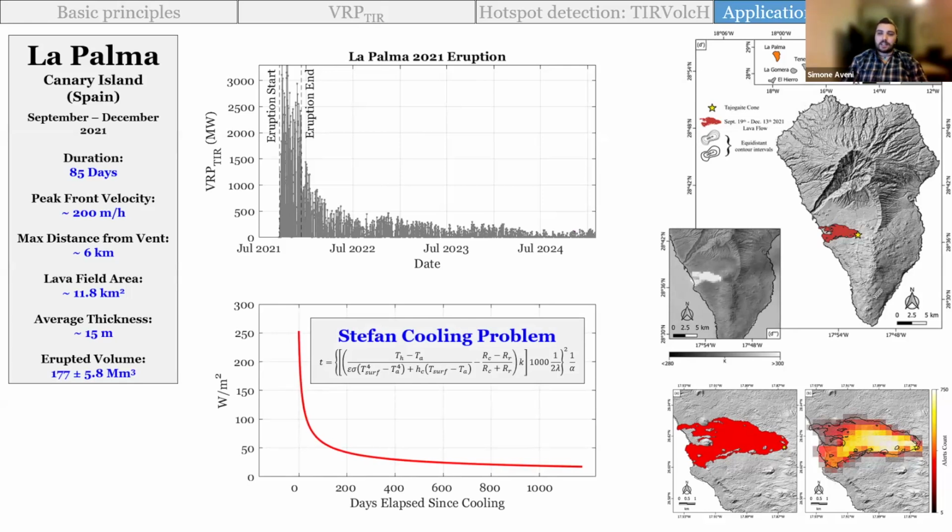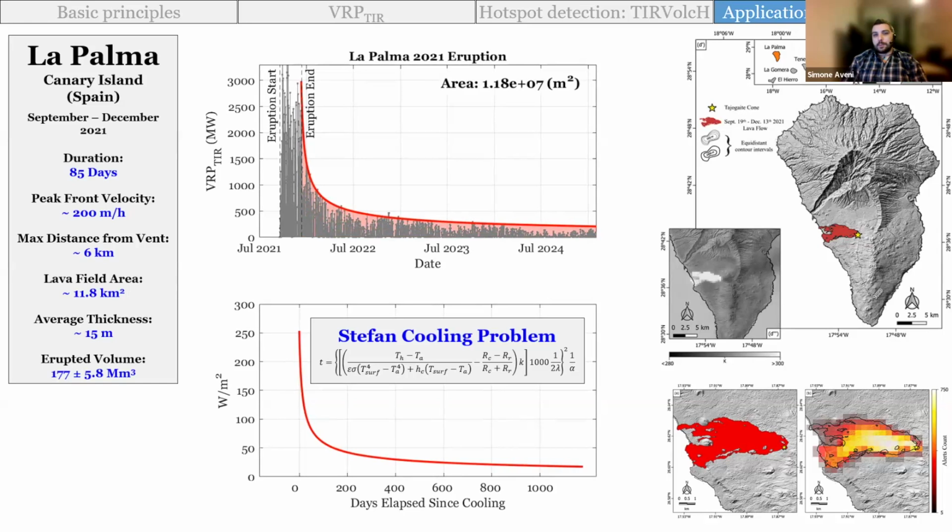So this gives us information. We can convert that into watts per square meter. If we have watts per square meter and we multiply this curve by the area of the cooling lava flow, then we should obtain a curve that envelopes the measured cooling curve from TIRVOL. And this is exactly what we've done. We know that the temperature, as soon as the eruption stops, drops below 600 Kelvin. We can measure that. We can increase the area, multiplying by a factor being the area of the curve. And we can see that once we reach the 12 square kilometers, the curve indeed matches the observed one.